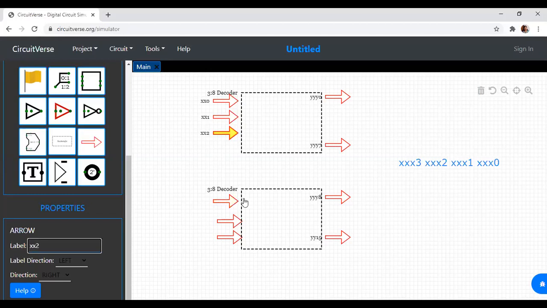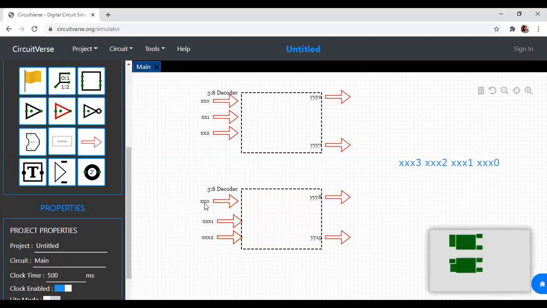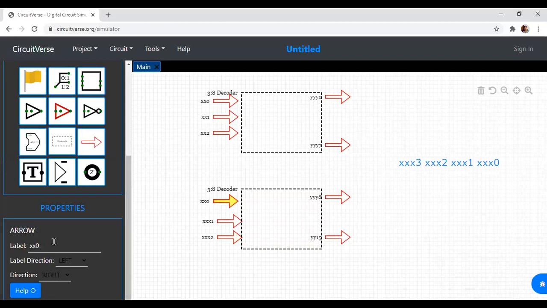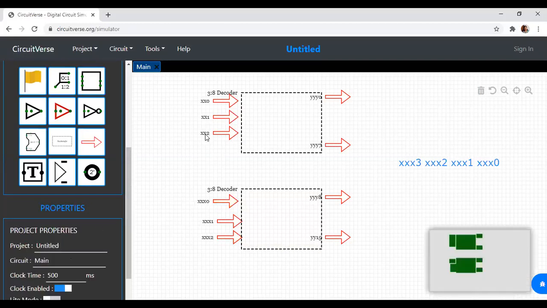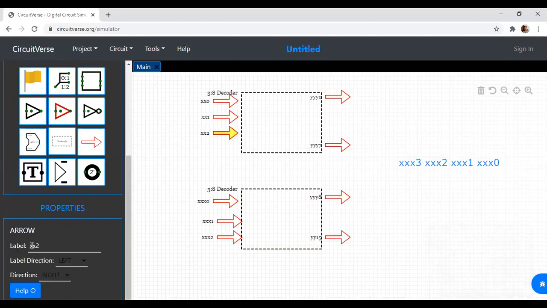The same thing is followed over here: X of 0, X of 1, and X of 2. I've used a variable; you can use any variable name, you need not follow the same variables.